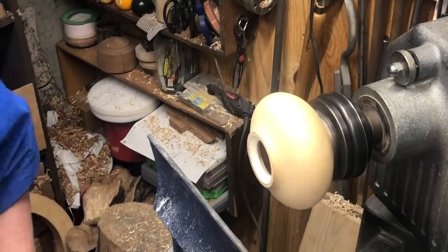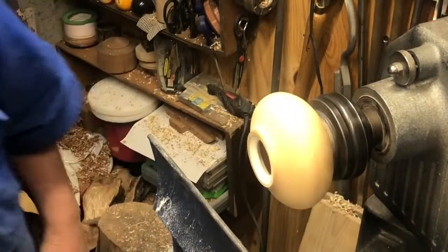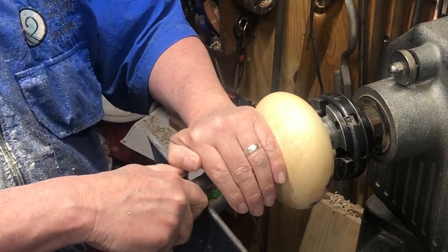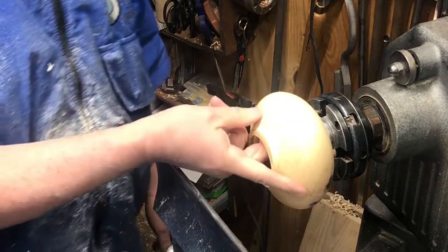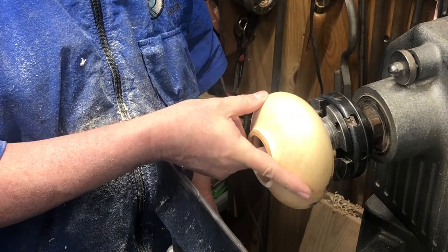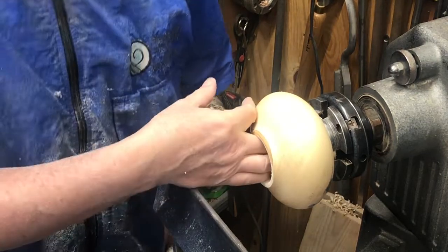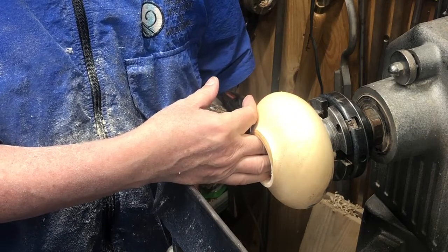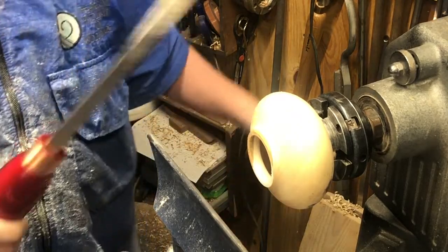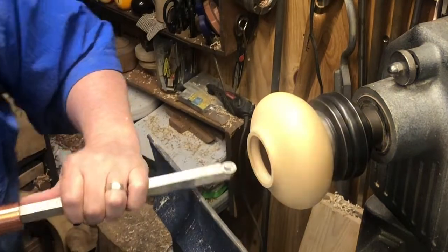Time to blend as I go on both the inner side and the outer side. Blowing that dust out. And you guys would not believe the difference between the last time I checked it and now. I want to come in with my finisher. There's a little nib right in the very bottom. So again, I take the finisher,